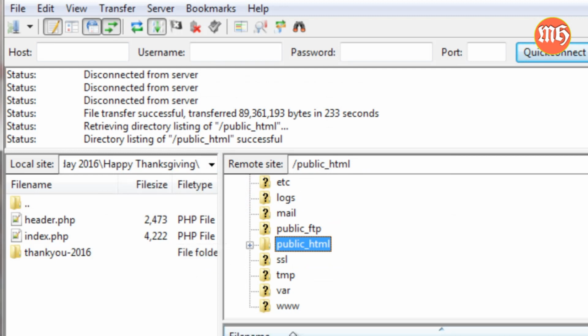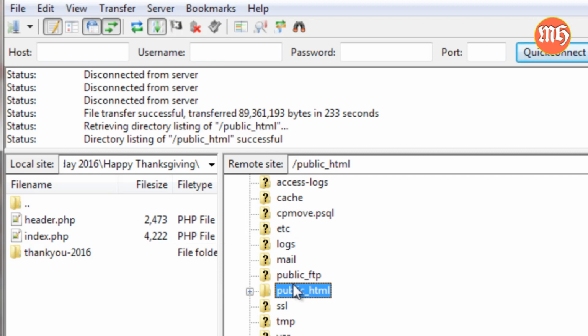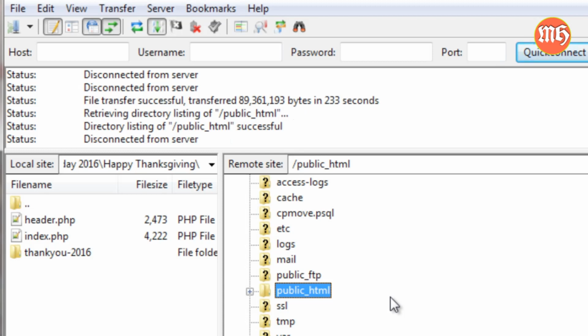you're going to want to find the folder that says public_HTML. Or sometimes it'll be HTTP docs. Sometimes you'll see that there. Now your web hosting company should be pretty upfront with you as to where you should be able to find that kind of thing. So just go to that folder,